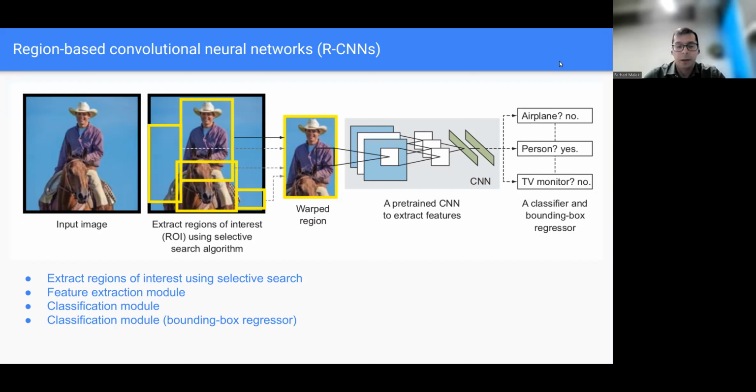Then for each of those regions, you cut that region and give it to a classification model, and that classification model gives you a score for which class it is.